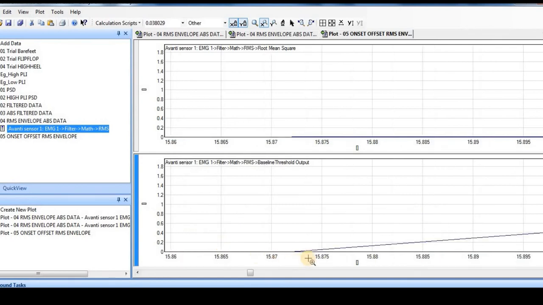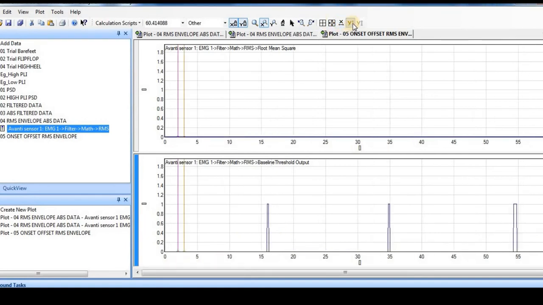So this is the method by which we can find out the gap between the prompt given and the electrical activity seen in the muscle at an amount more than the threshold that we have set. By changing the threshold value, we may have more precision or less precision of this time calculation.